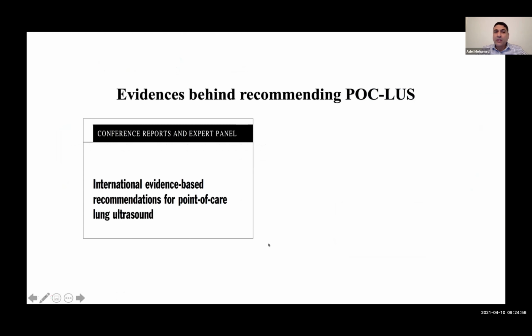But as a beginner, to start learning more about the evidence behind recommending point-of-care lung ultrasound, I suggest 2 papers. The first one was published in 2012 by a group of experts in lung ultrasound who examined the evidence behind lung ultrasound, not only in neonates. So in this paper, you will see the utility of lung ultrasound in the adult, pediatric, and neonatal populations. But more recently,